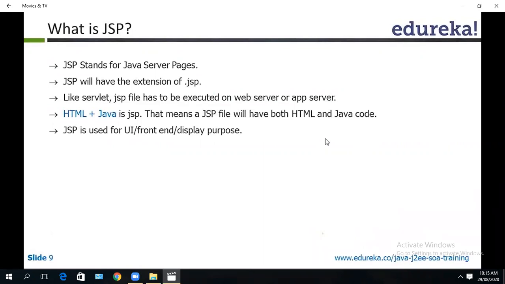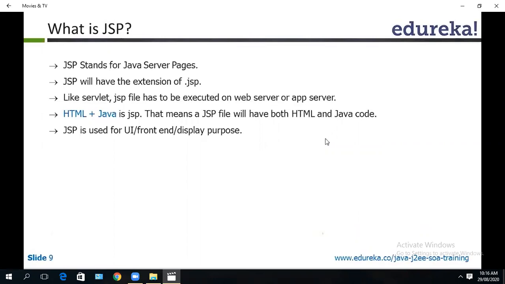Then what is the purpose of JSP? The purpose of HTML is for display, like you can write a form and its fields. For UI purposes, you can use HTML. Java is used for business logic, that is, what the project should contain, and Java can connect to the database.